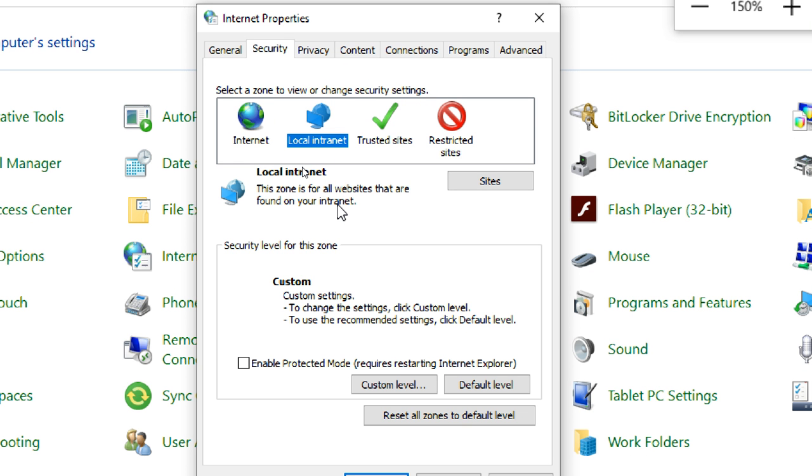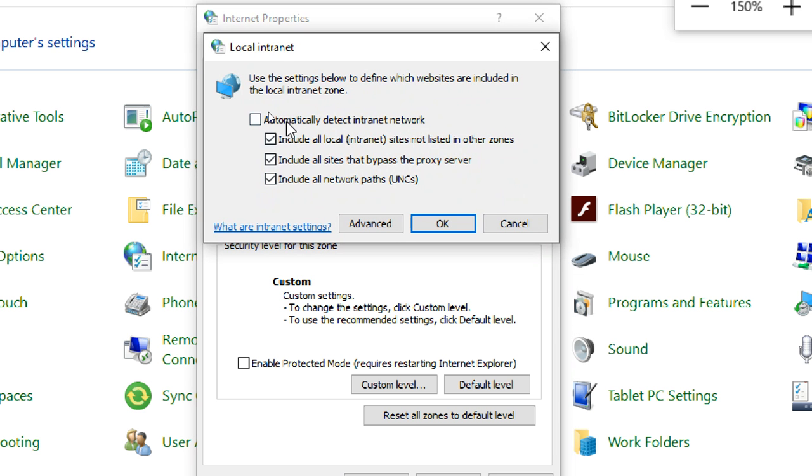Same thing I am telling. It is like you are trying to find where your server is. While you are trying, it may search on the internet also. So you have to tell it, don't search this particular site in the global network, search in the local network only. Try to find it locally. Don't try on the internet, try on the intranet only. Like that you have to select the site.